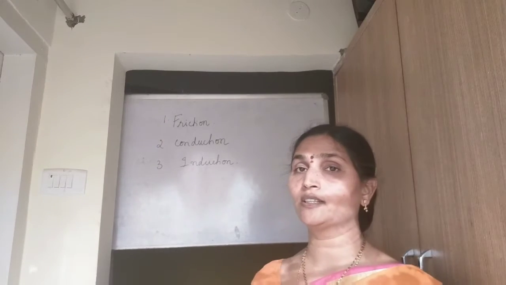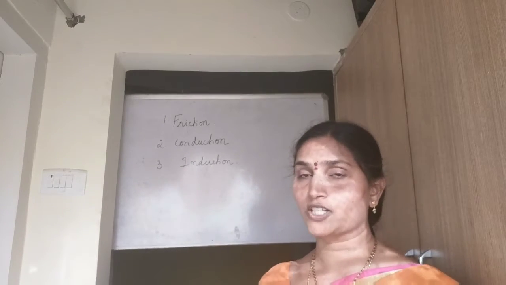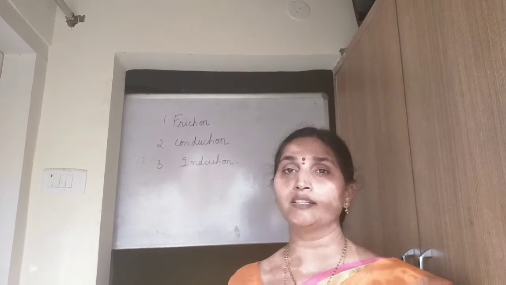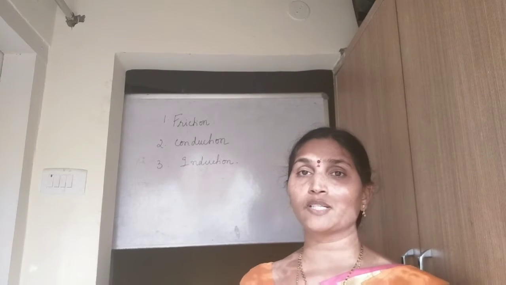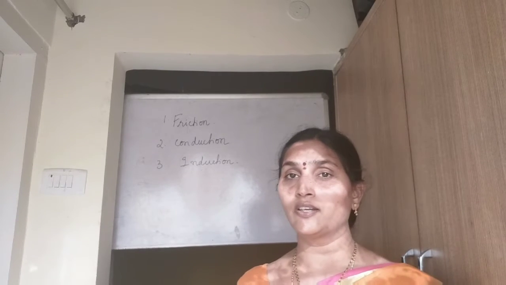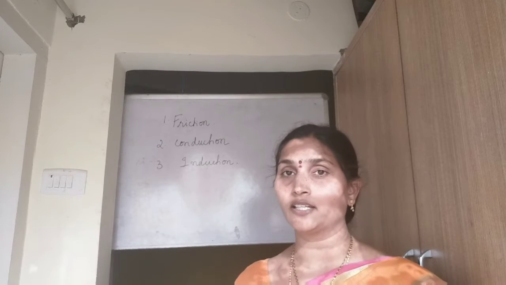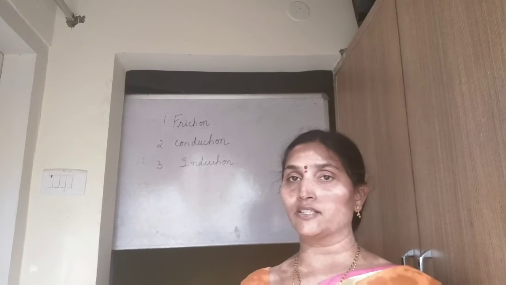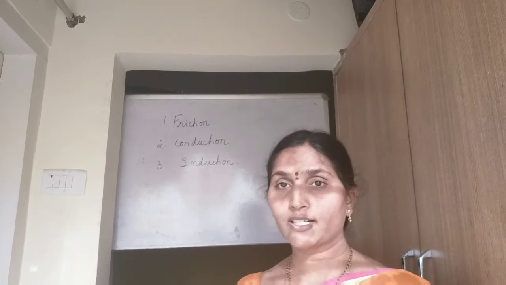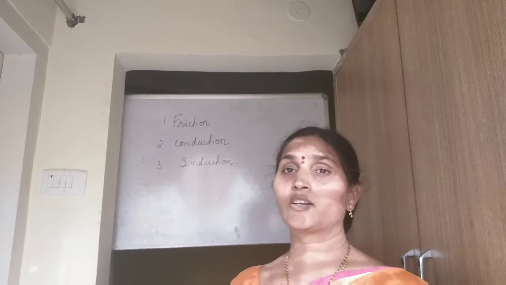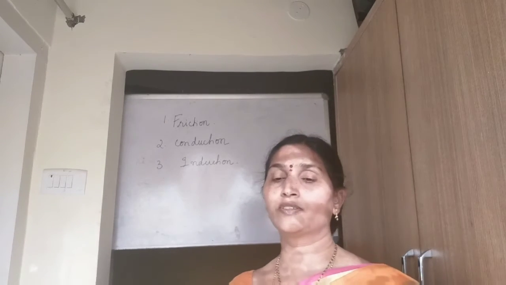First, let us start with how we charge a body by friction. Select two materials which have different electronegativity. Some substances have a tendency to lose electrons. The other substance that you select should have a tendency to gain electrons. The example I already gave you is a glass rod and a silk cloth, or sometimes it can be a glass rod and a fur cloth. Let us start with the first example.